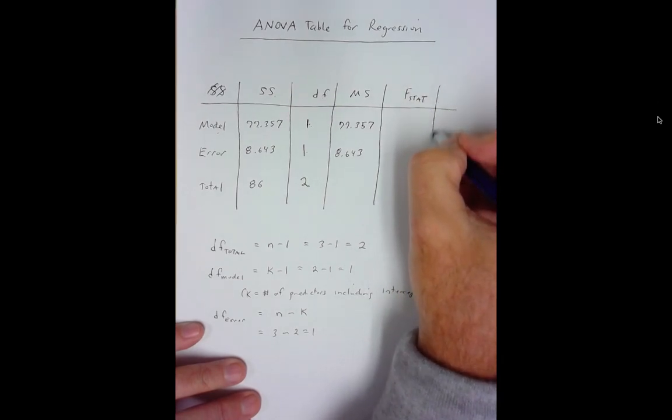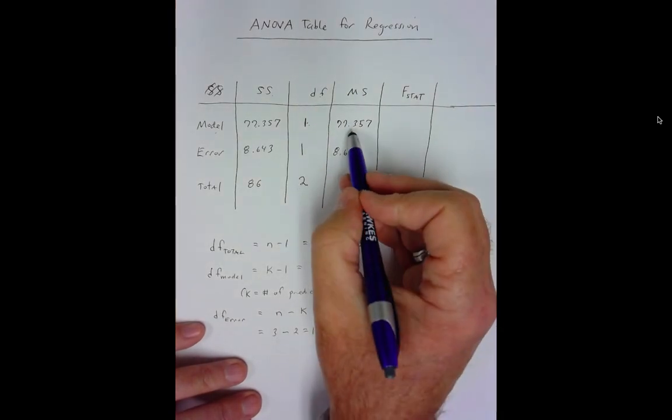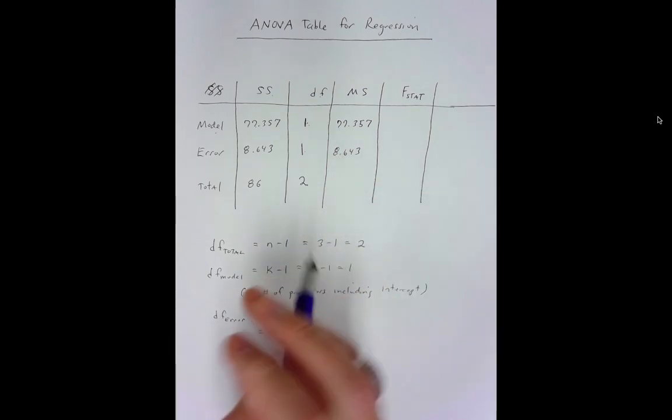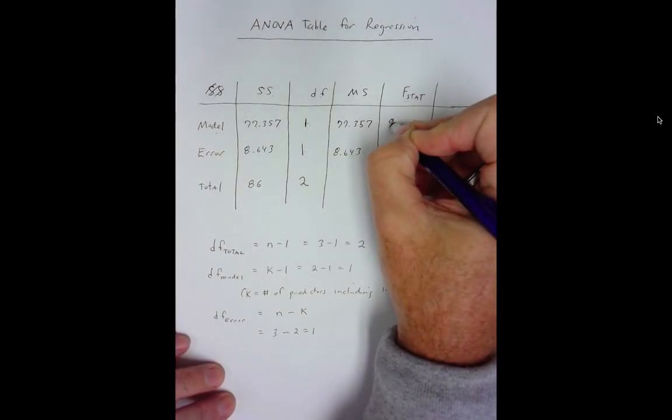The next thing we do is create our F statistic. Our F statistic is the mean square for the model divided by the mean square for the error. So we have 77.357 divided by 8.643. So we have 8.95